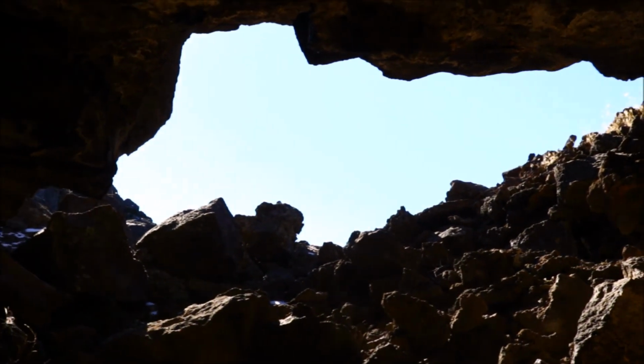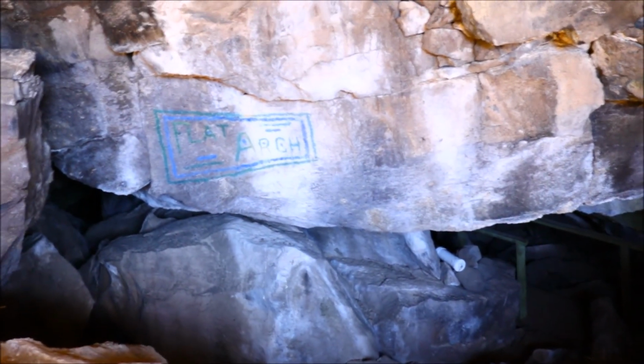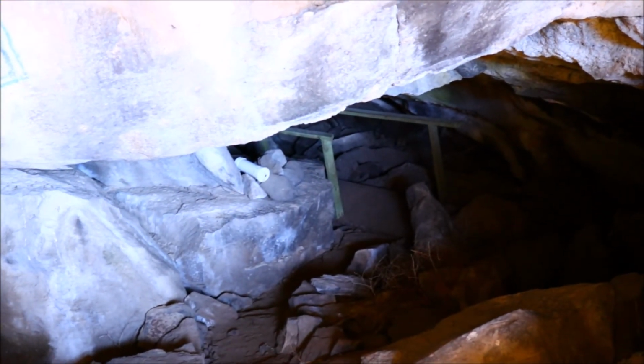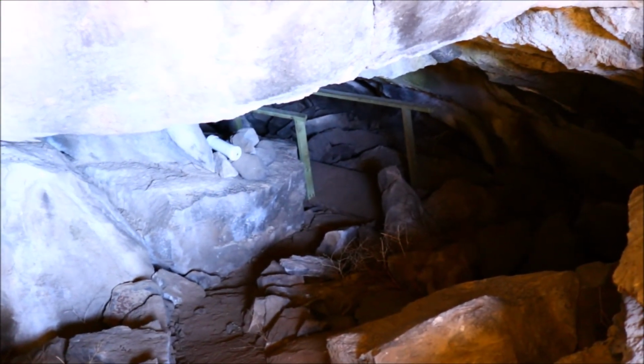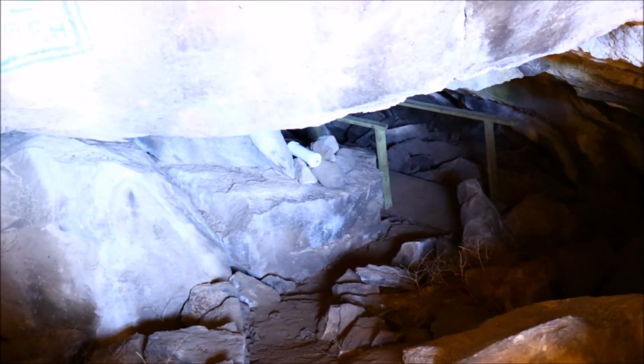So I'm here at one of the entrances to the Guano Bridge. There's actually an old painting here. I think it was made by J.D. Howard himself, since he did a lot of that. And it says Flat Arch. So I believe this is the entrance to Flat Arch Cave. Long forgotten, but you can see an old railing. There's a sign in by the